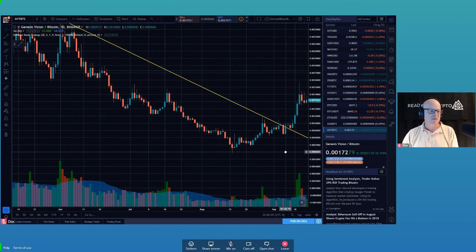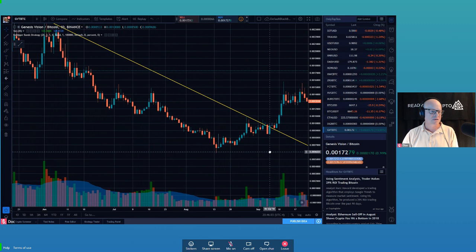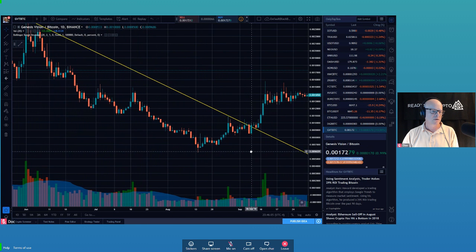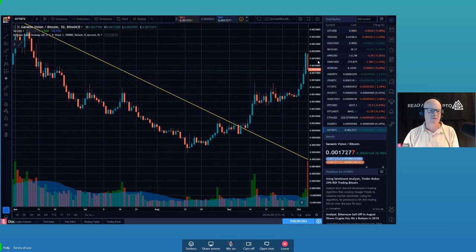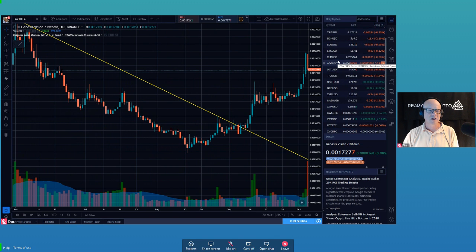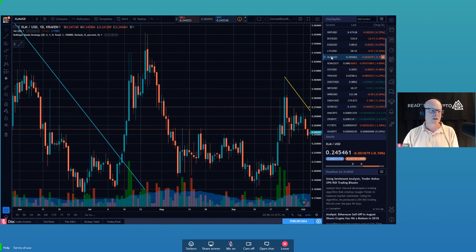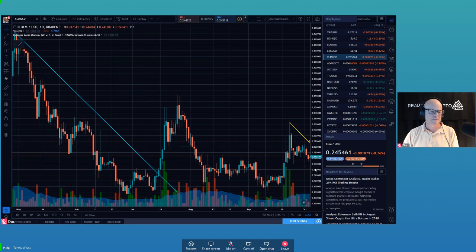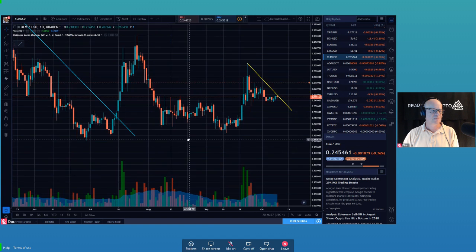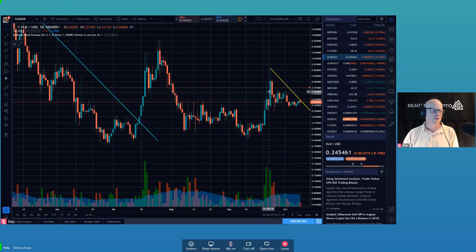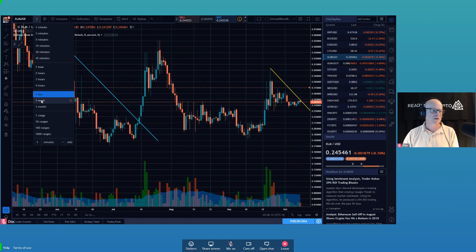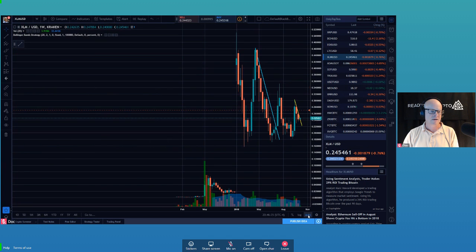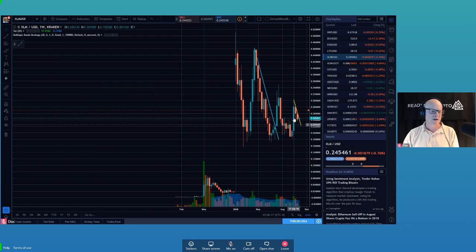Okay, but this is where we're starting to get into higher highs and higher lows, right? So a lot of these have done similar moves to this. Like XLM has done this. We were in a former downtrend. This one is not a great example because this is still a lower high on the weekly chart. So you can see this on the weekly chart. It's still a lower high, but nice little uptrend here.